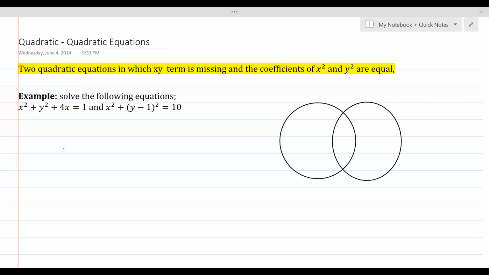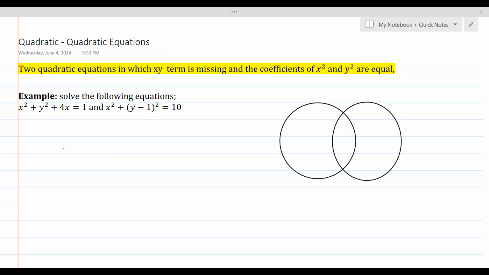In this lesson, we are going to solve a system consisting of two quadratic equations. On the top, both of these quadratic equations represent circles. Because a quadratic equation represents a circle when none of the terms of the quadratic equation has the term involving